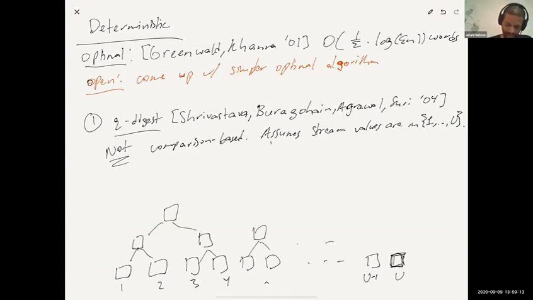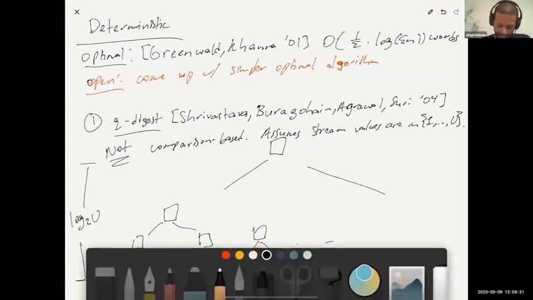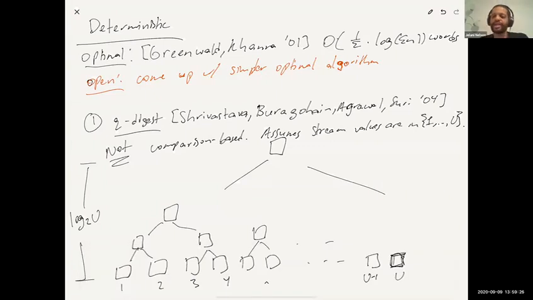Etc. And there's some root up here. So this is a tree of height log u. What I'd like to do is store, for every node in here, a counter. And that counter corresponds to how many elements I have seen in that range of the universe space. So, for example, this node right here